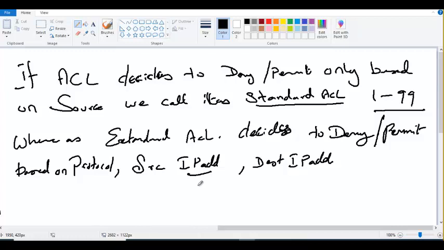Yeah, you understood the difference between standard access list and extended access list? The extended access list is identified with a number between 100 to 199. When you try giving a number between 100 to 199, yes,